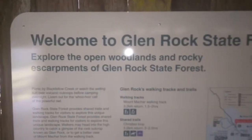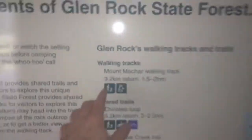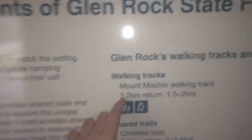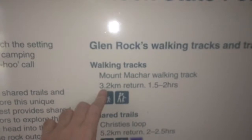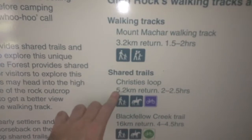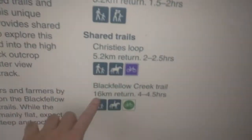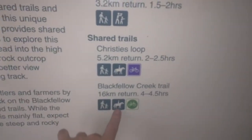So here we are, the Glen Rock State Forest. Explore the open woodlands and rocky escarpments of Glen Rock State Forest. So it looks like there's the Mount Markar walking track, 3.2 kilometers return. Got the Christie's Loop, which is 5.2 kilometers return. Looks like you can take horses on that one. And we've got a 16 kilometer return, and again you can take horses. It's not often I see horses, but anyway,